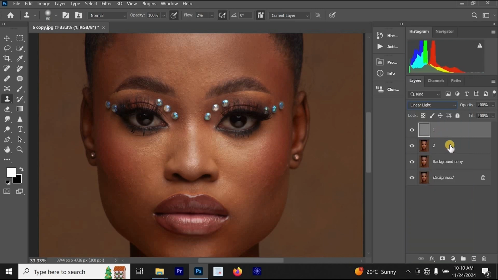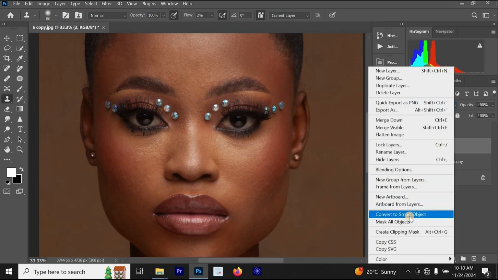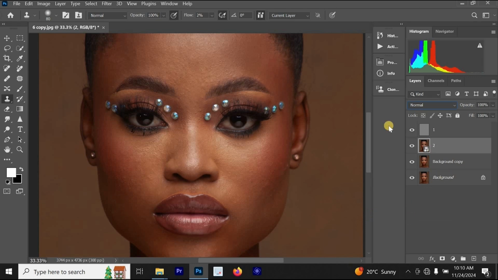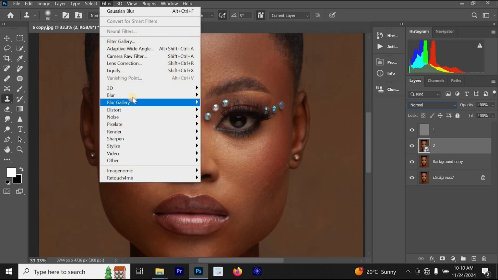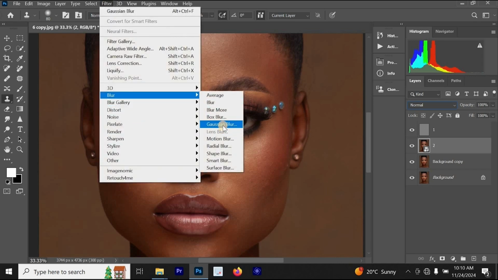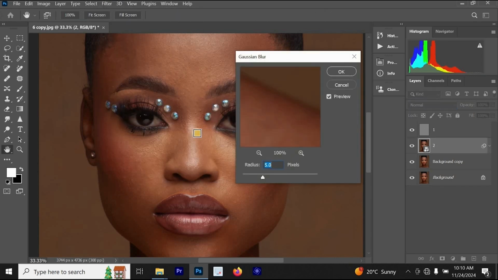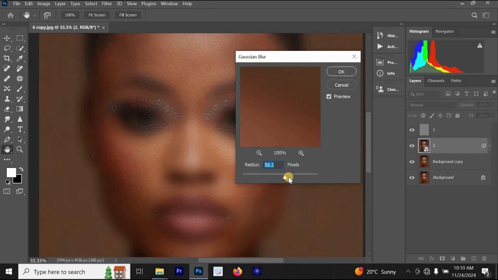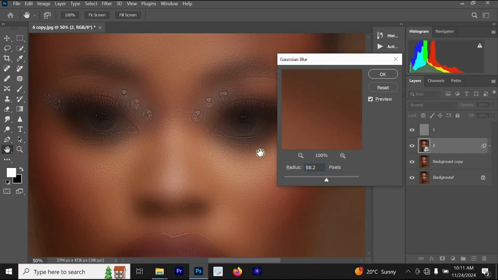The next thing you have to do is to click on this second layer. You have to left click on this layer 2 and you right click and you select convert to smart object. You should select this second layer again. Just left click on it and go to filter, blur. You select Gaussian blur. Now for this Gaussian blur, we are going to increase the Gaussian blur around 40